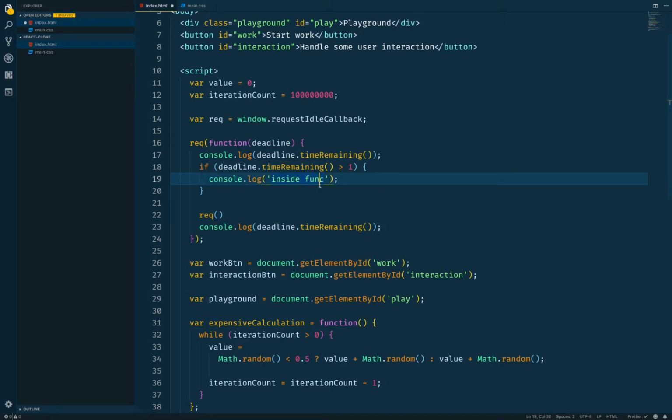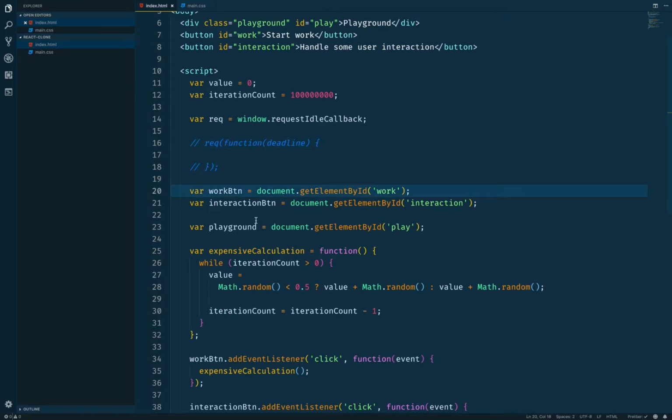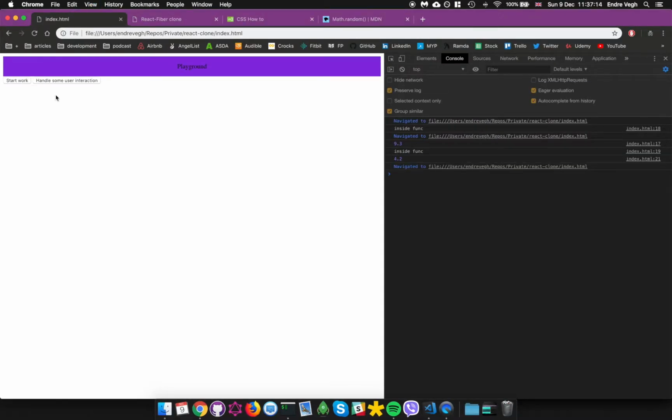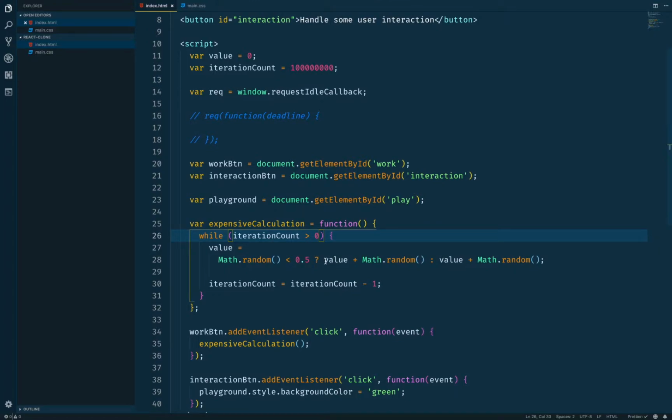So the way to do that is, if we're going to come back to our little example, we know that if we press start work, I can't change the playground's background color, right? Not for a while. Okay, so let's try to